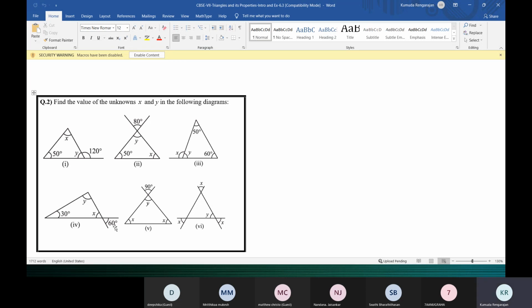If you don't want to write 90 degrees, then we use a square. If you use a square, you don't have to say 90 degrees at all. It is understood it's 90. When you use an arc like this, if it is 90, you have to write it's 90. So normally when it is given to be 90 degrees, the square is used. Here, since we have to find y, it's a curve. If they give you a square, they cannot say find y, because it's already 90. All right? Yes, ma'am, understood.